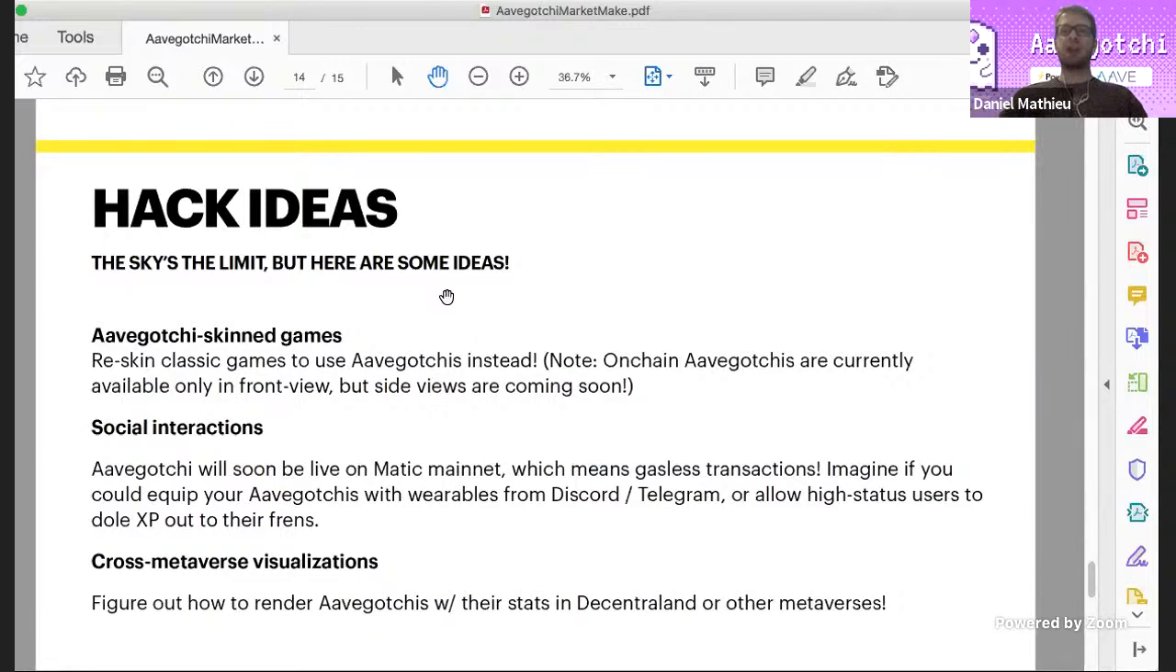going to be launching the Aavegotchi realm, which is a metaverse where you can walk around with your Aavegotchi. We're going to have side views of the Aavegotchis. They're going to be able to interact with each other in real time. And we're working on that. As you can see here, the side views of Aavegotchis are coming, and we've planned our whole library, our whole contracts, around this idea that Aavegotchis are going to be 360 viewable. Currently we can only view the front, but we are also working on the side views and the back